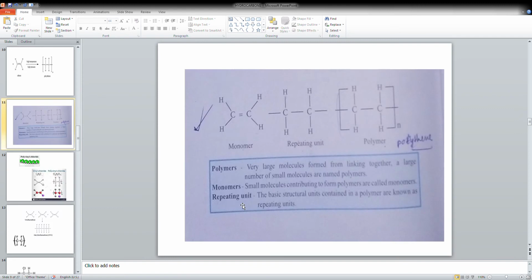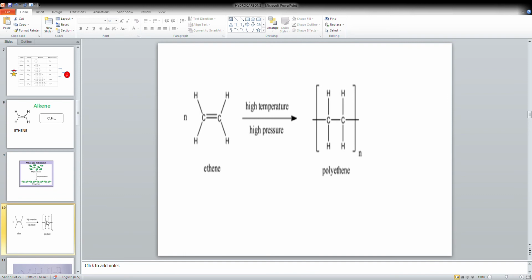Right? Then in the polymerization process, the first one you can get is forming polythene. According to that term you can guess the initial simple method. What is that? Polyethylene we call polythene, right? Under high temperature and high pressure, we can get polythene from ethene. A large number of ethene molecules under high temperature and pressure form polythene.